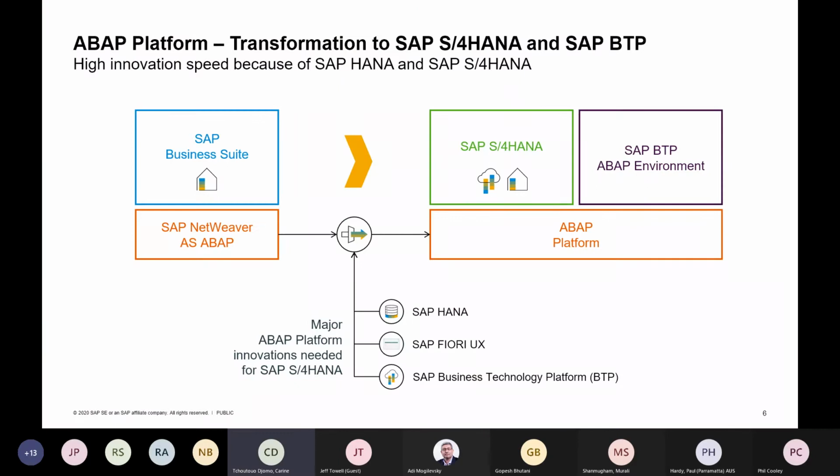The ABAP platform plays an important role within the SAP product portfolio, as it provides the foundation for SAP's enterprise solutions, such as SAP Business Suite or SAP's Digital Core, SAP S/4HANA, but also for diverse other SAP NetWeaver add-ons. And last but not least, for the SAP Business Technology Platform ABAP environment, called Steampunk internally. So the name has found its way out, so many of you might know it. To enable the transformation from the SAP Business Suite to SAP S/4HANA and SAP BTP, the ABAP environment,